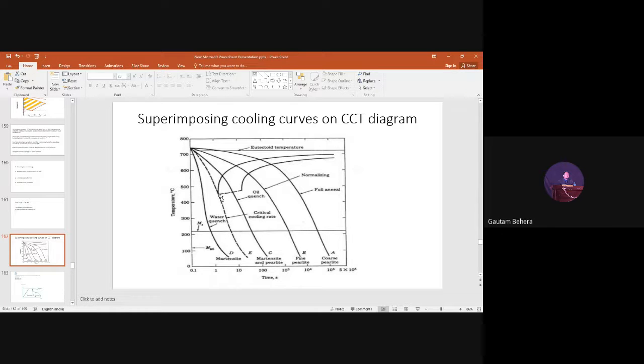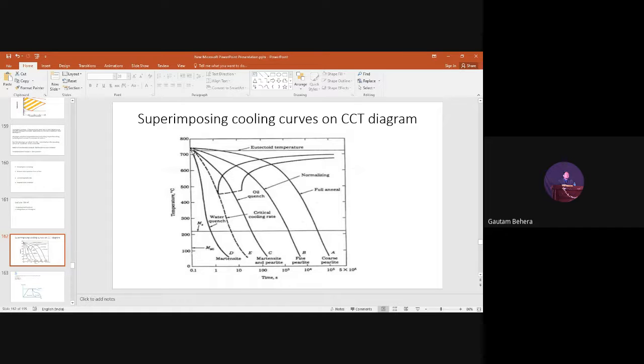But you understand the problem I told you in the previous class, right? So that means it is just touching, meaning some transformation will take place, obviously. So finally, the same thing will happen, martensite and perlite. Right? But if you compare the amount of martensite here, the amount of martensite will be less here, but in this cooling rate, the amount of martensite will be more, right? Finally, a cooling curve is like that. It is not touching the nose of this C curve, right?